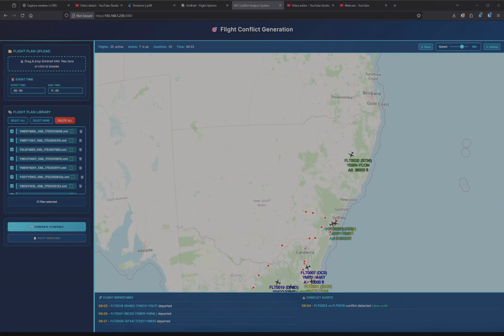This is a quick demo of an app that I've built. It's an app for events teams in VATSIM to generate an event schedule that maximizes conflicts for air traffic controllers to solve. The objective is to generate as many conflicts as possible given the input of some flight plans from SimBrief. It takes SimBrief flight plans that are uploaded, and that might be a flight from Canberra to Newcastle in